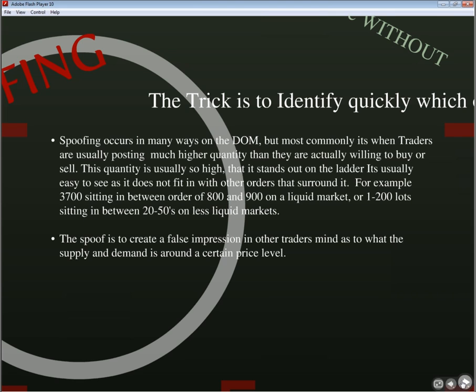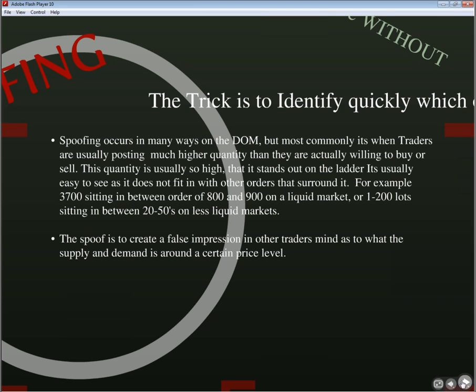Spoofing occurs in many ways in the dome, but most commonly it is when traders are posting much higher quantity than they're actually willing to buy or sell. This quantity is usually so high that it stands out on the ladder. It's usually easy to see as it does not fit in with the orders that surround it. For example, you might see 3,700 sitting between an order of 800 or 900 on the liquid market,